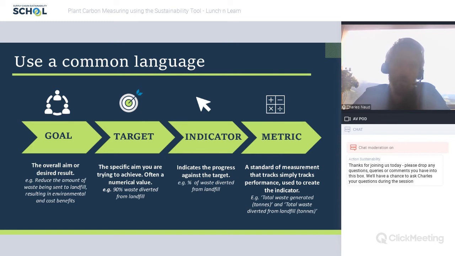If you go to one organization and talk about total waste, it might have a different scope to what another organization has. This is particularly true for carbon, where we have different scopes, and one organization might talk about their carbon footprint that only comprises their scope 1 and scope 2, while another organization would include a good bulk of their scope 3 in that. So you really need to define it within your organization and the context that you're working in,